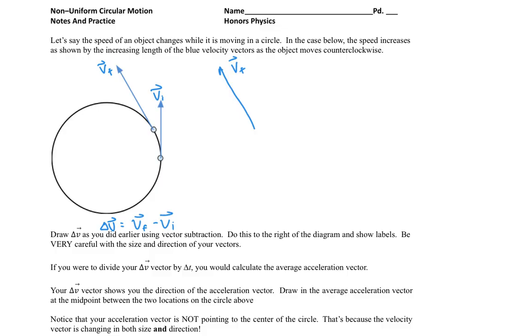And then we want to draw the negative of the initial velocity. So that's going to look something like this. And notice that the initial velocity is slower, so that's why I drew that line much shorter. Then we can see that our change in velocity is going to be this right here. There's my change in velocity. Now it's really important to notice that this vector is no longer pointing to the center of the circle. So that's why we end up with an acceleration that's not just centripetal towards the center, but also a tangential